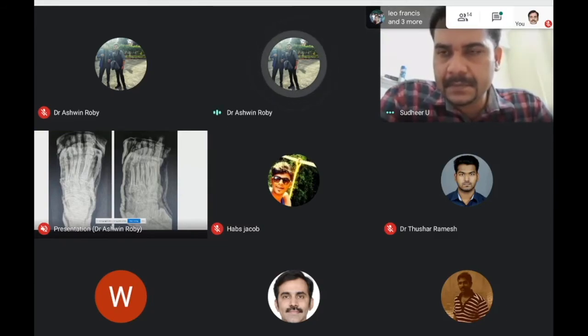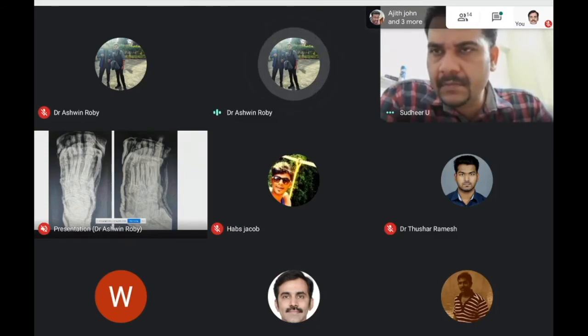Sir, first we have to reduce the second metatarsal. Reduce through the dorsal incision lateral to the ear. After identifying the neurovascular bundle, we fix the first metatarsal and the medial cuneiform with a screw. And if there is intercuneiform instability, we can put an intercuneiform screw also. If there's instability between the second metatarsal base and the medial cuneiform, we can insert a screw through the medial cuneiform to the second metatarsal base.